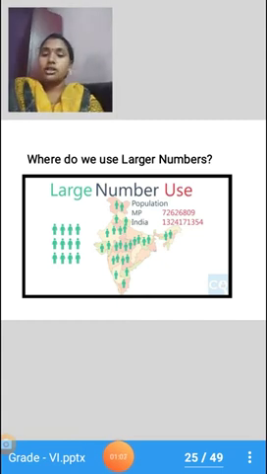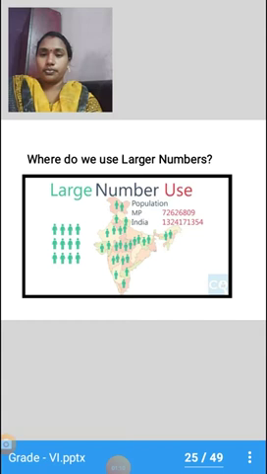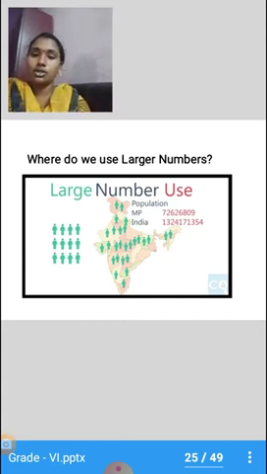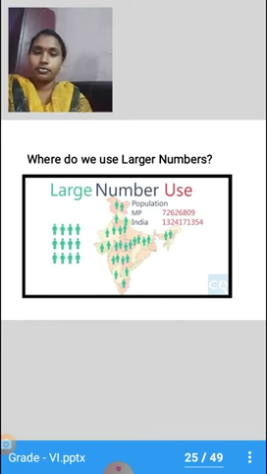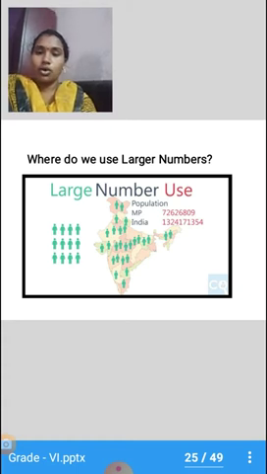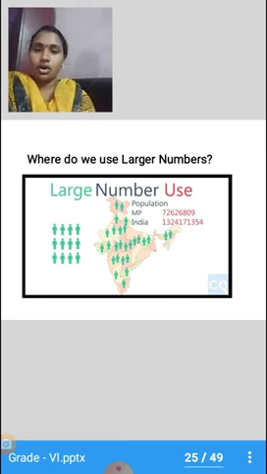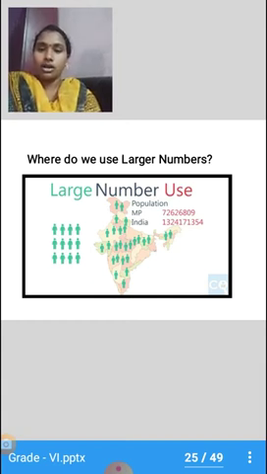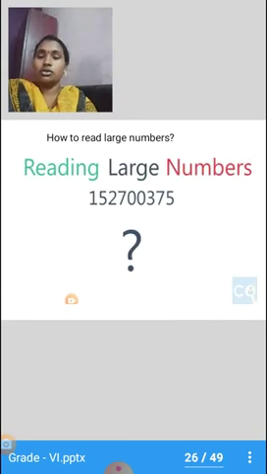Let me ask you a question. Where do we use larger numbers? For example, like lakhs, 10 lakhs and crores. Where do you use these larger numbers? Do we use them in our day-to-day life? We do use them in terms of the population of a country, the members of a school or college, or the expense of a state, etc. Right? So today we are going to know